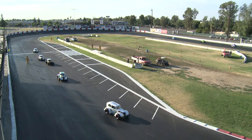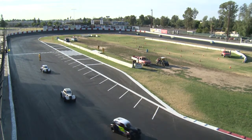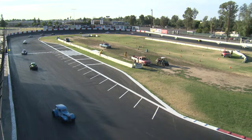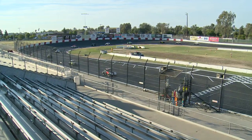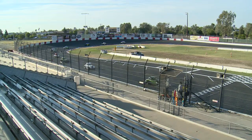Yeah, has a parts business in Modesto where they sell parts and chassis and put cars together, and you'll see a lot of our late models and all the parts are supplied by a lot of the cars here by Mike David at David's Racing Products. So Mike's doing a good job, and now getting involved with the Legends and supplying all the parts for the Legend cars. So we're looking forward to seeing this over the next couple of years, really growing the Legend cars